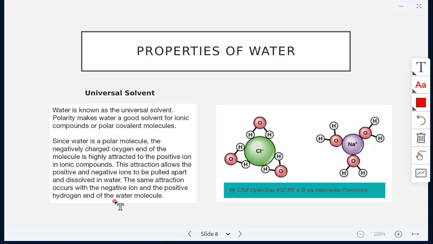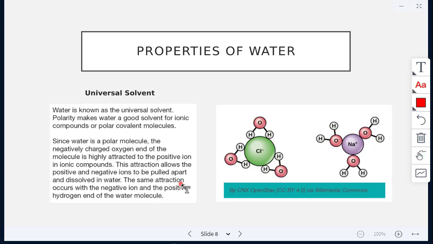So we talked about water being a universal solvent. And the reason being is the polarity that we saw that water has, it makes water a good solvent for ionic compounds or polar covalent molecules. So again, water is a polar molecule because it's got that negatively charged oxygen end, and it's got the positive hydrogen end. And because of that,